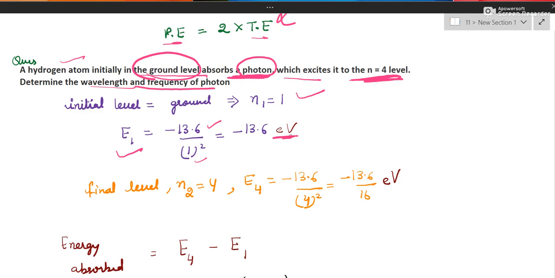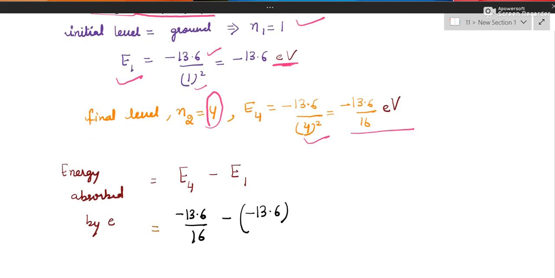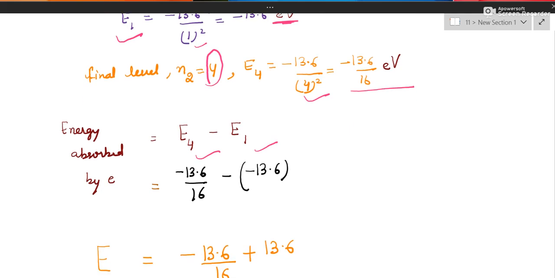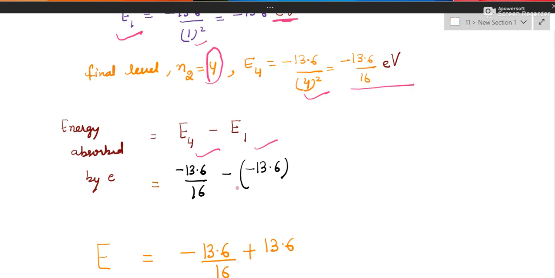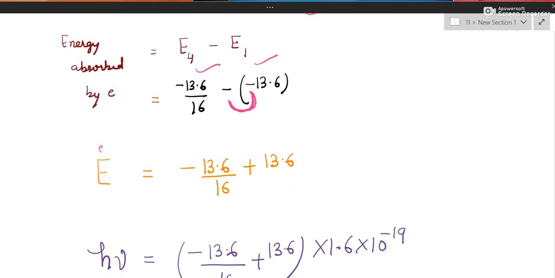Okay, so I've got the energy of ground state. Similarly, you can find out the energy of fourth state. And substitute this, energy is ready. Now you can find out the energy difference. And just keep in mind that it has to be positive. So you substitute it in such a way that the bigger number is positive. You can see I have substituted E1 here. Okay, so energy is obtained.